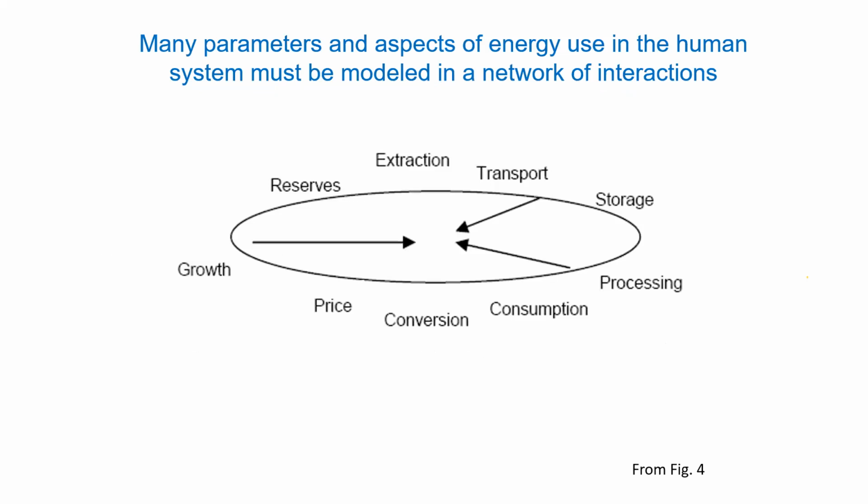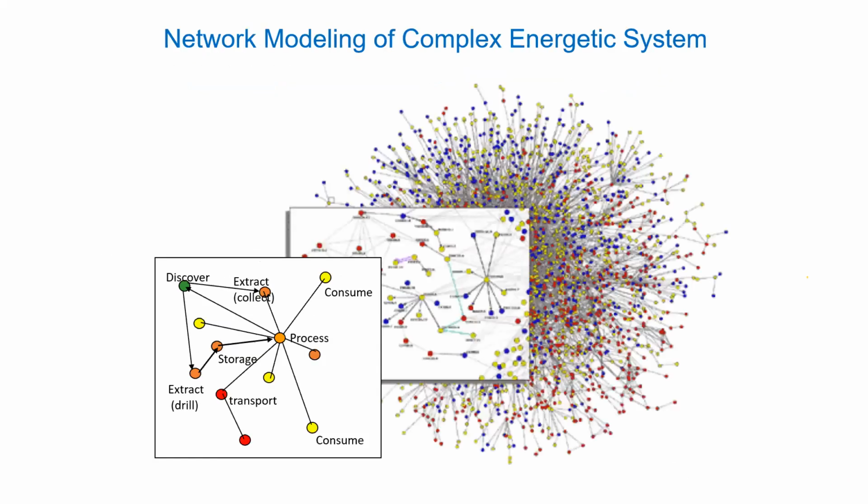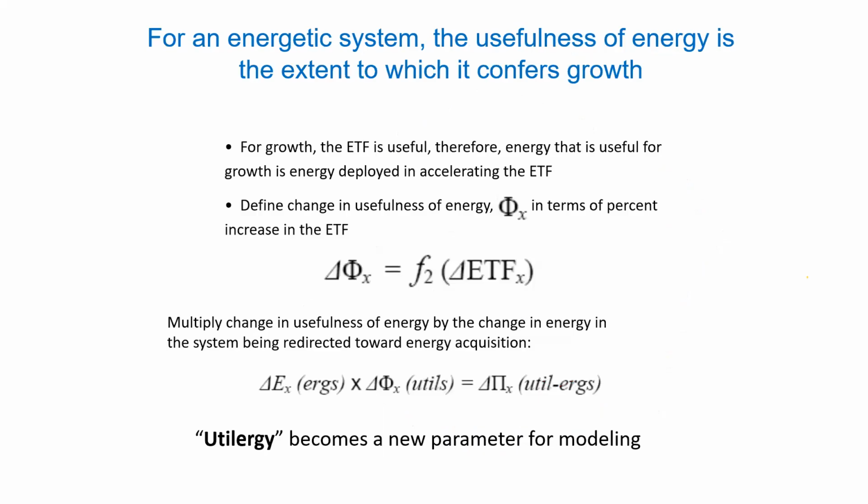Now, as we model the energy use in human society, here again are many of these factors that we saw in that earlier picture of extraction, storage, conversion, reserves. There's a lot to look at when we think about energy use globally. And we can begin to look at relationships in a network model of connections between all of these different subsystems. There are many versions of them all around the world in each country, and they're all linked together. Global transportation system, global educational systems.